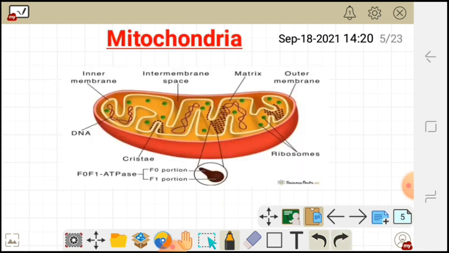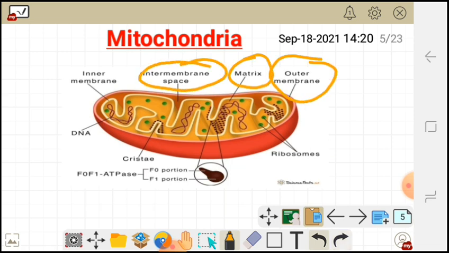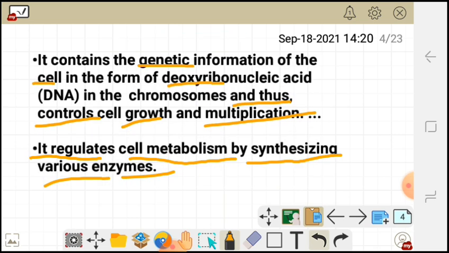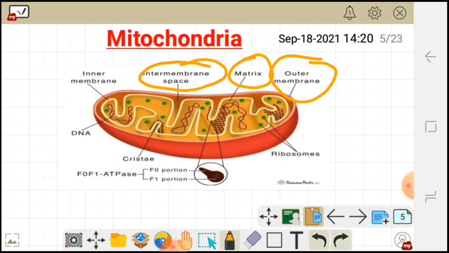And then from there we have the mitochondria. So the mitochondria has what we call the outer membrane. It has the matrix, the intermembrane spaces, which are the spaces inside the mitochondria, and then it has the inner membrane, which is the yellow part there. Then it has its own DNA, and then we also have what we call the ribosomes in the